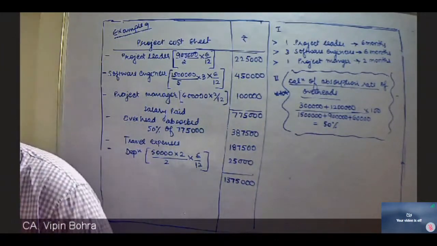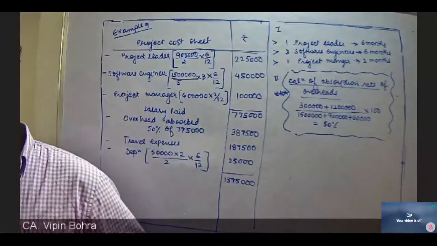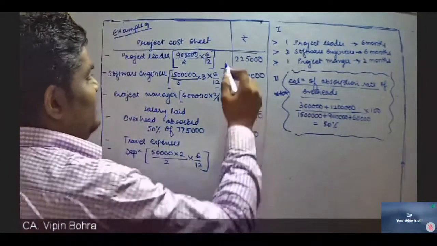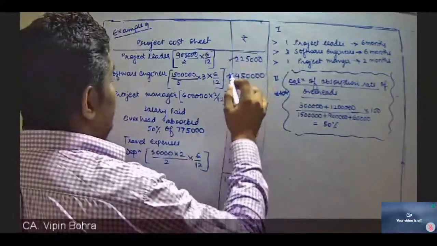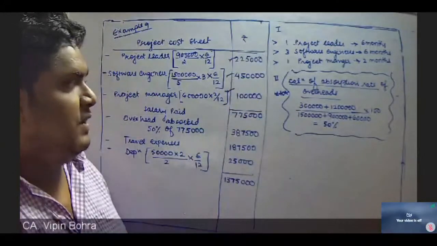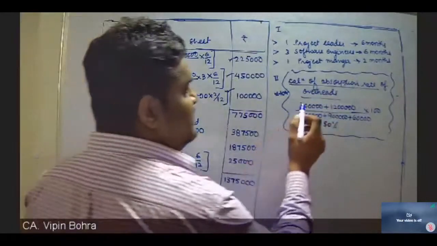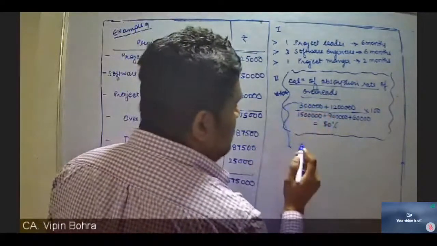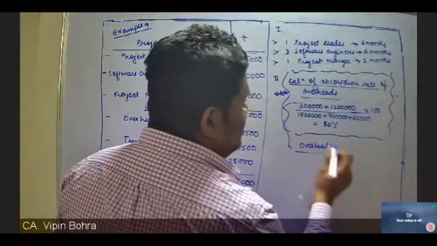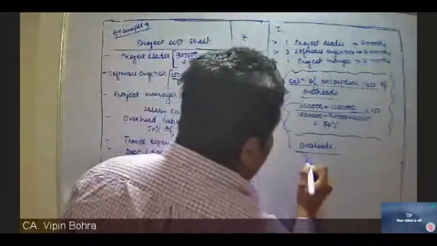There is a query raised by Sakshi Gupta that, sir, why you have calculated 50% of 7,75,000? See, I have paid the salaries to project leader, software engineer, and project manager, total in aggregate 7,75,000. And I have calculated this rate on the basis of total salary. This 3 lakh is what? My overhead. This 3 lakh plus 12 lakh are my overheads. This 15 lakh plus 9 lakh plus 6 lakh is the total salary